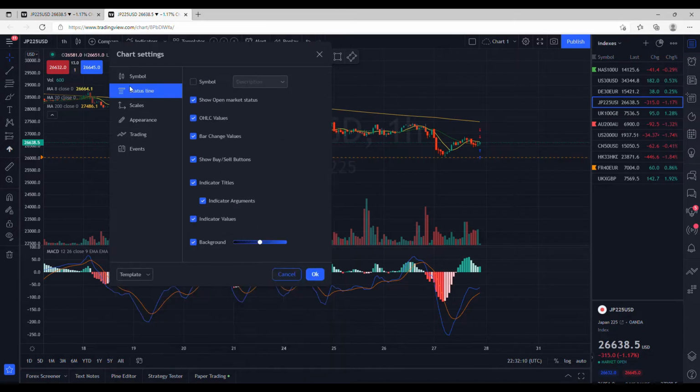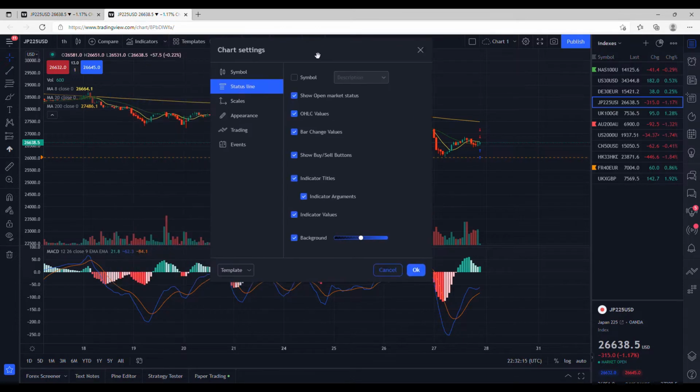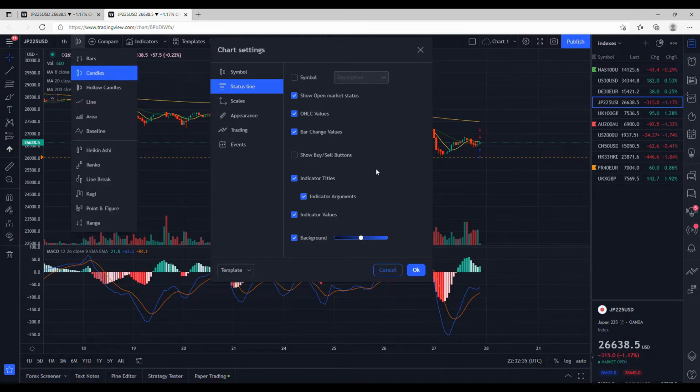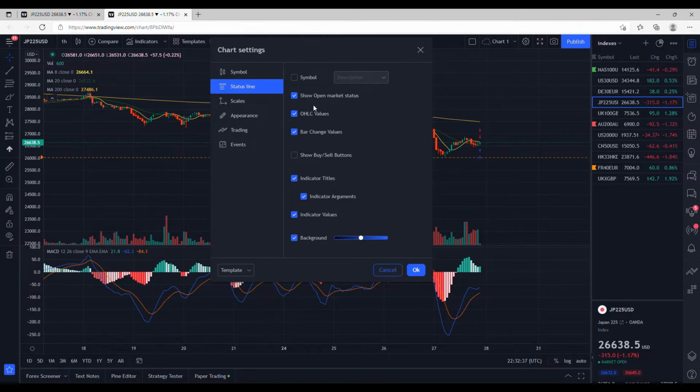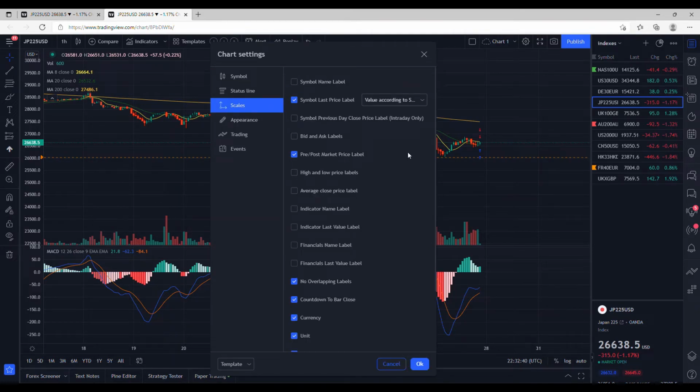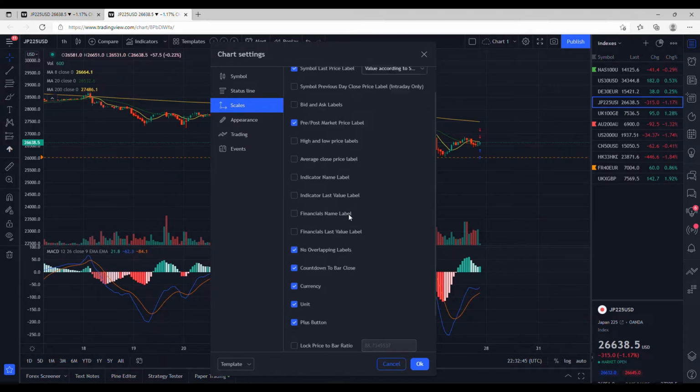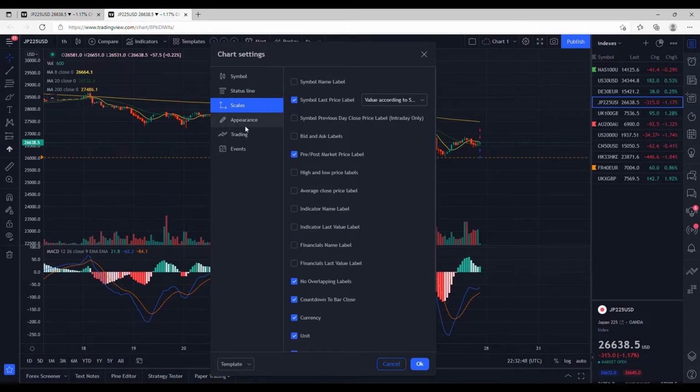It's just not necessary. Status line, again, if you wanted to get rid of the buy and sell because you don't want to buy at market value, you want to buy a limit or stop order, then you could get rid of that if you wanted to. Open, high, low, close values is only relevant if you are on open, high, low bars. So again, it's not required. Scales, obviously on the left hand side and across the bottom, you can change them, do what you want to do on that. Appearance,